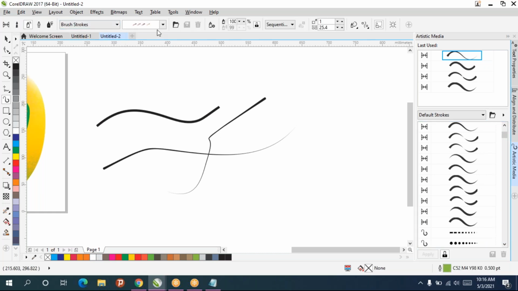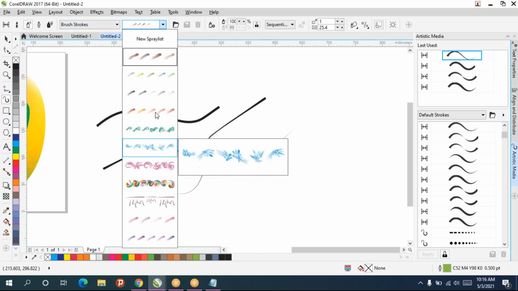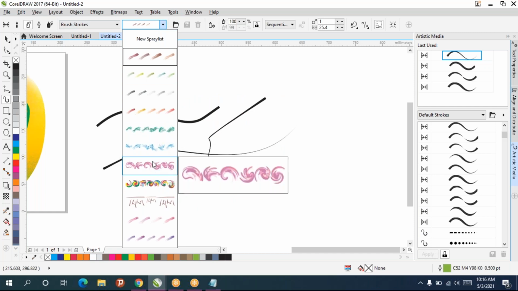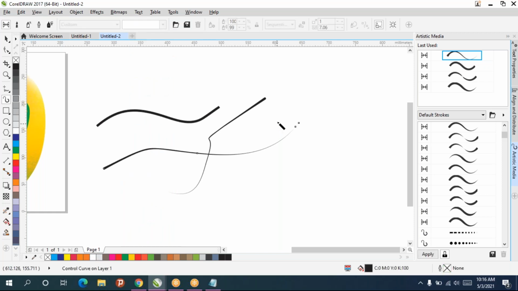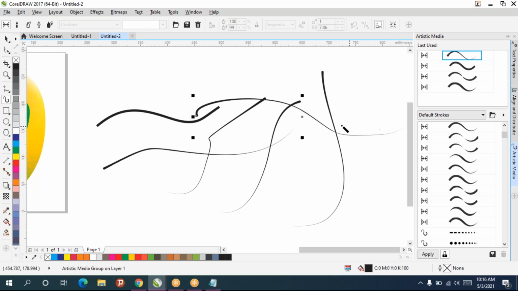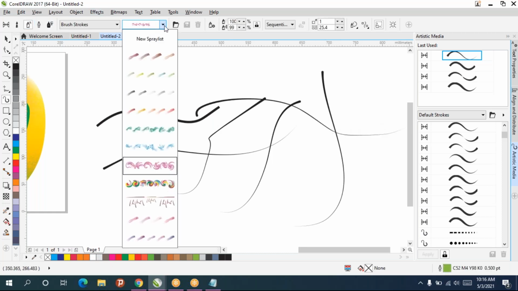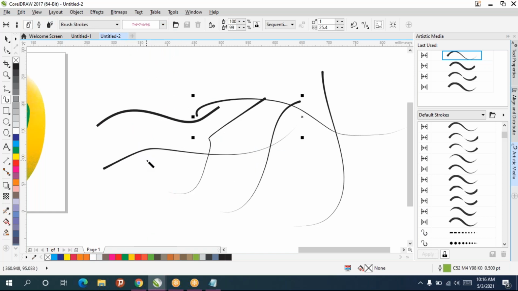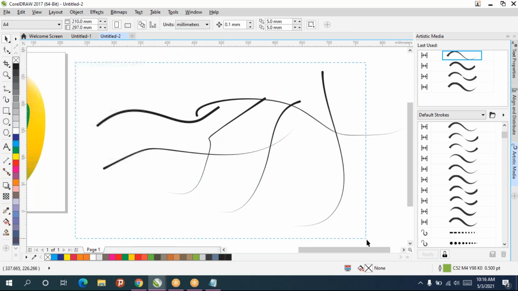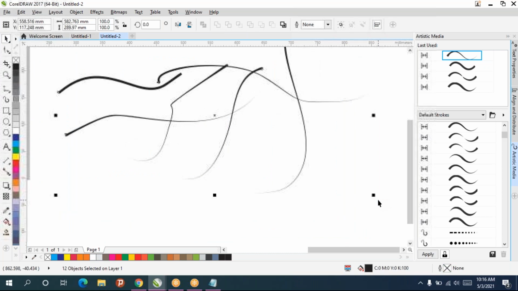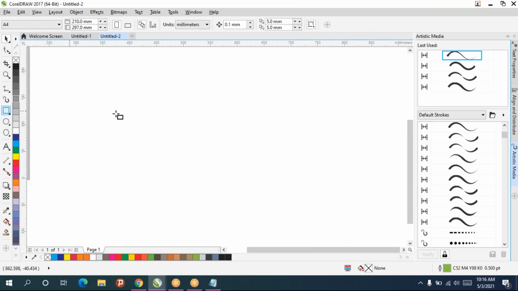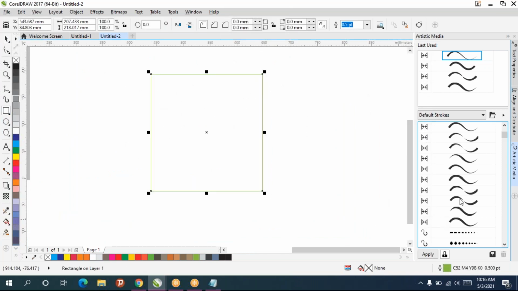That one if you click, some other brushes will come. So like this. But that everything will be available here also.